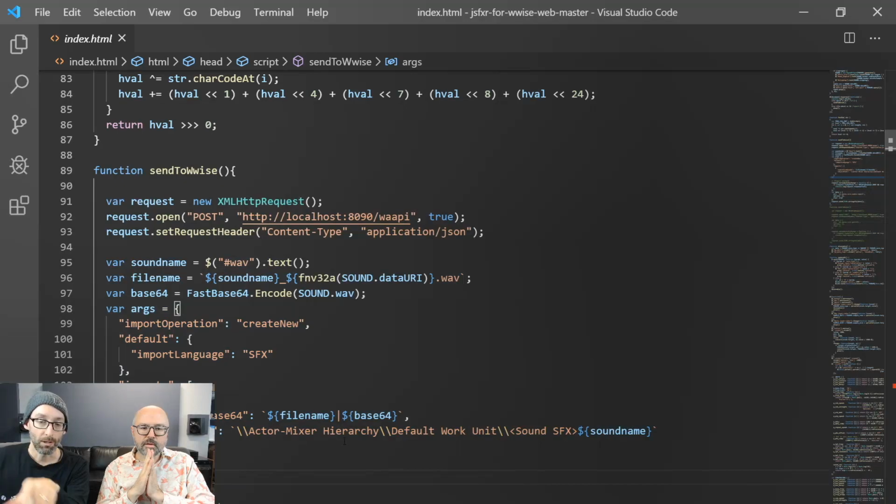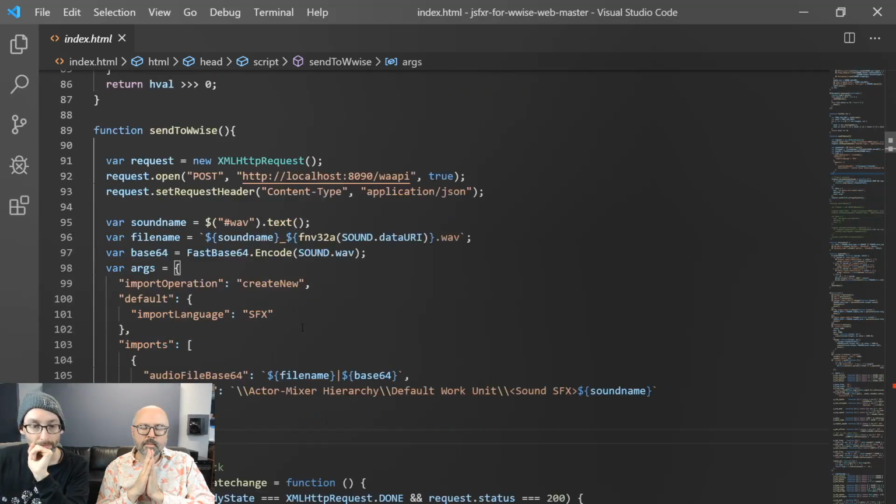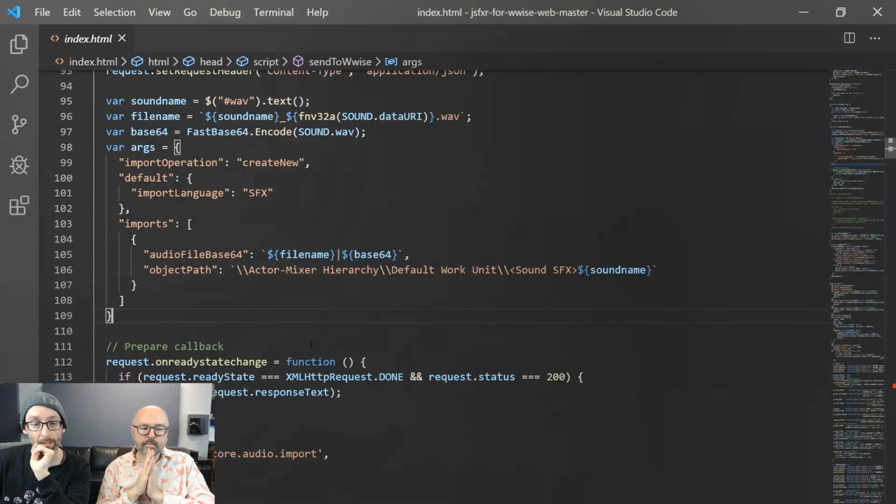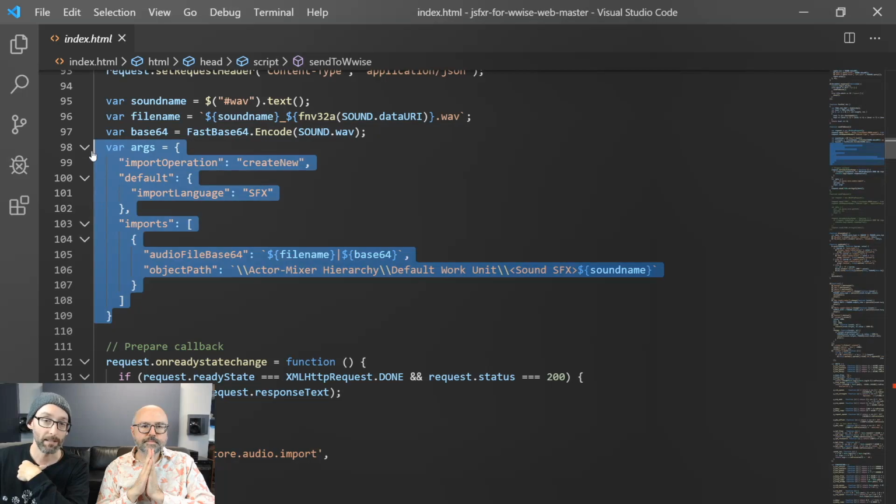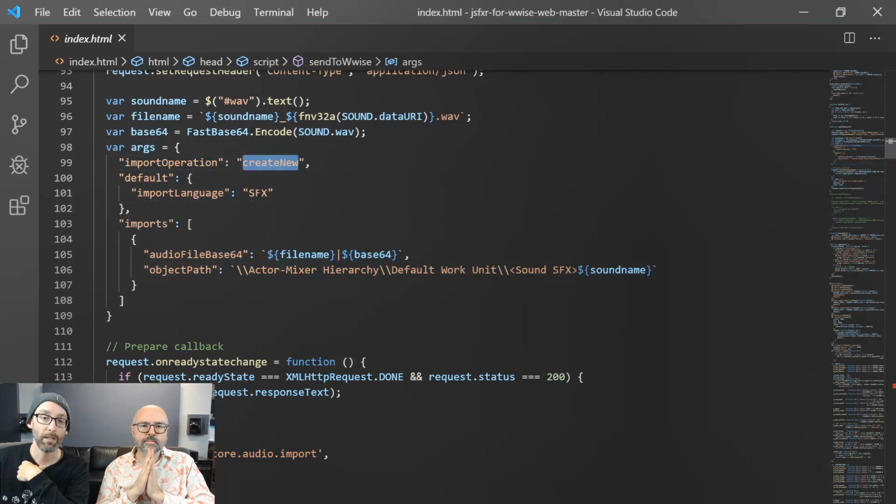Perfect. So the call to WAAPI is actually over here. That's the name of the function to call, import, and that is the data we pass. So we say create a new SFX and put it right there. So this is where we would customize our program to insert the destination.